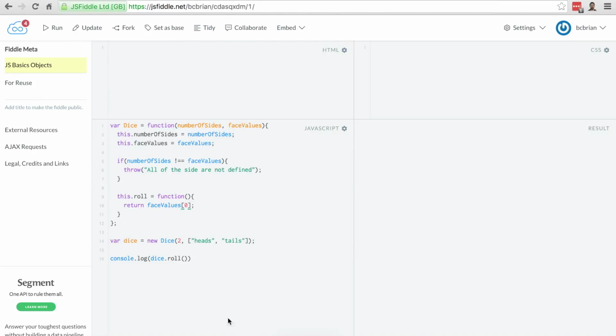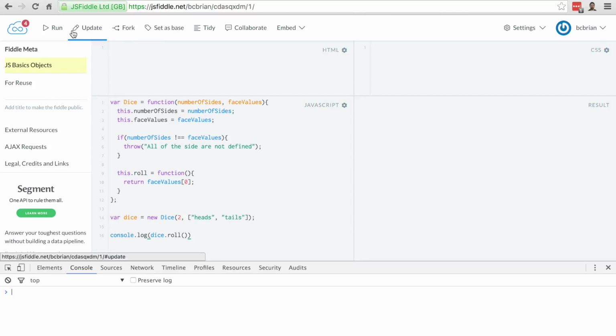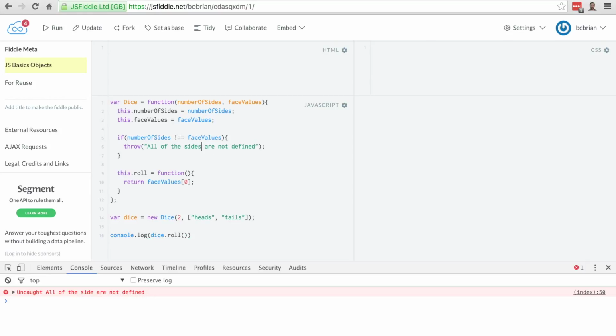Update this. Let's inspect so we can see the console. We've got the console, and now let's run it. Uncaught: all of the side are not defined. So let's add an S there so that's more readable. So what does it mean all of the sides are not defined? Oh, well, we wanted numberOfSides and we wanted .length here. So let's update that again, save it, and run it. And now we get heads, because every roll returns 0, so we're going to get heads. Perfect. Okay, so let's call our dice coin